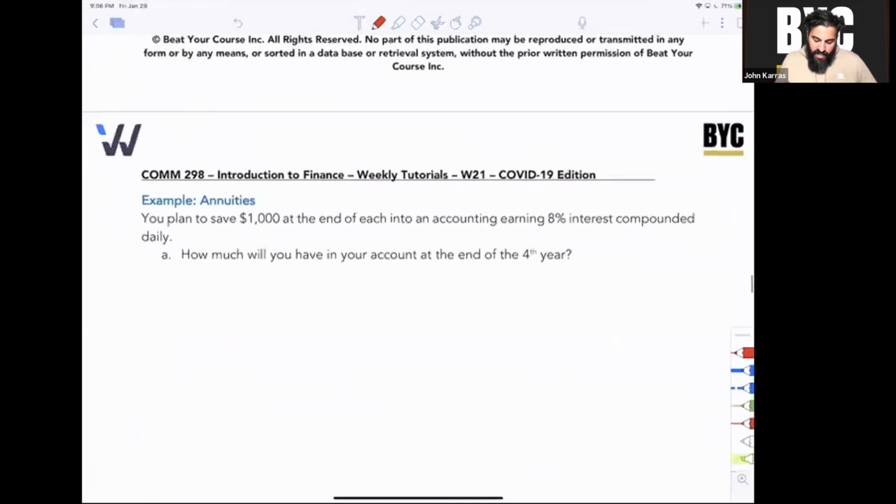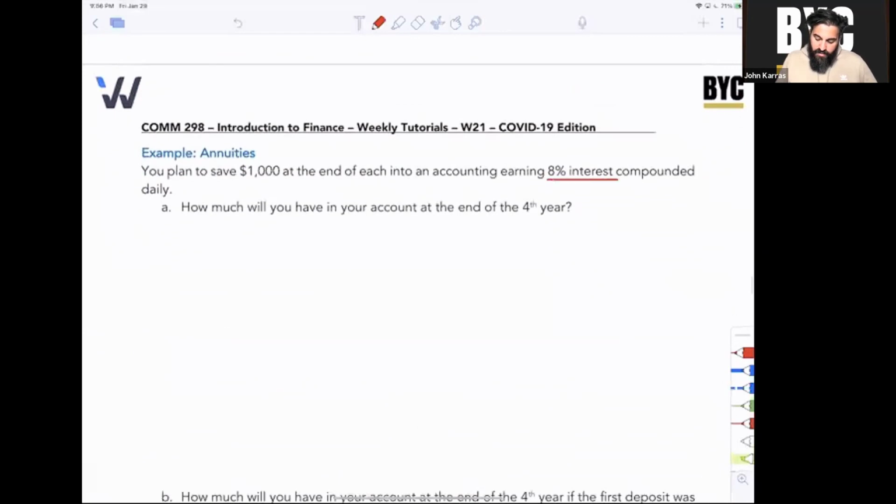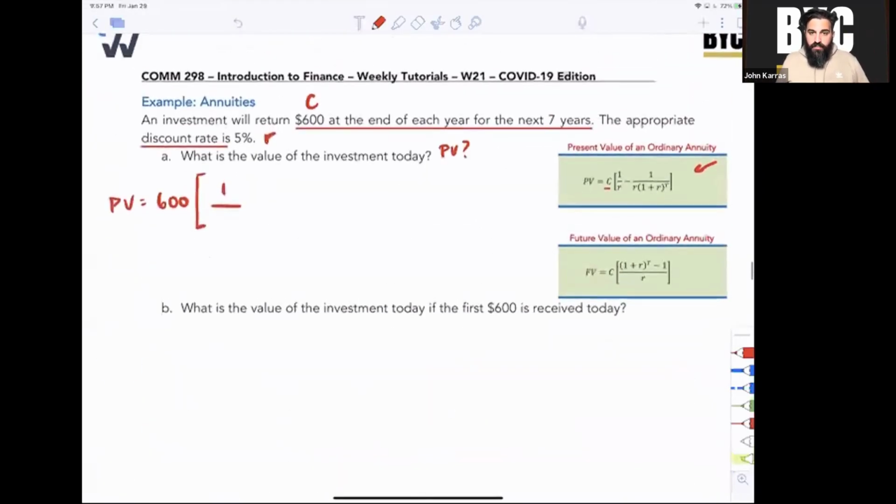For a second, compare that to how it's worded here. The account is earning 8% interest compounded daily. Here, it wasn't given to you. By giving you this information, we're saying, okay, this is the nominal rate. This is the compounding frequency. You have to find the effective rate. So you're not necessarily always going to have to find the effective rate. You see in this question, it was given to you. And after practicing a bunch, you'll see the patterns of how they present the information to you. So in this case, the R is just 5%